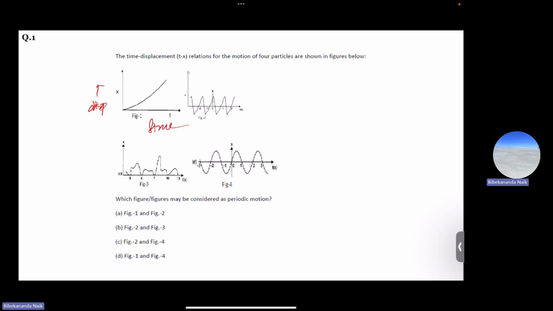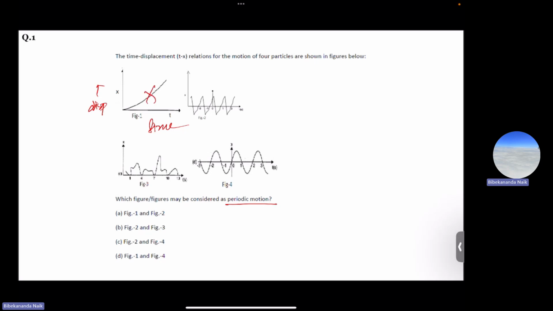So the question was the time displacement relations for the motion of four particles are shown in the figure, and we need to find out which is called a periodic motion. So what is the definition of periodic motion? In case of periodic motion, at regular intervals of time, the motion should get repeated. For example, the amplitude as well as the time period should remain the same, and it should be a periodic motion. So here, if you see in figure 1,